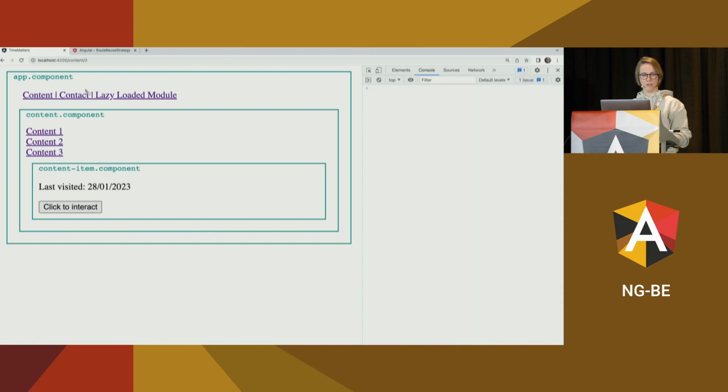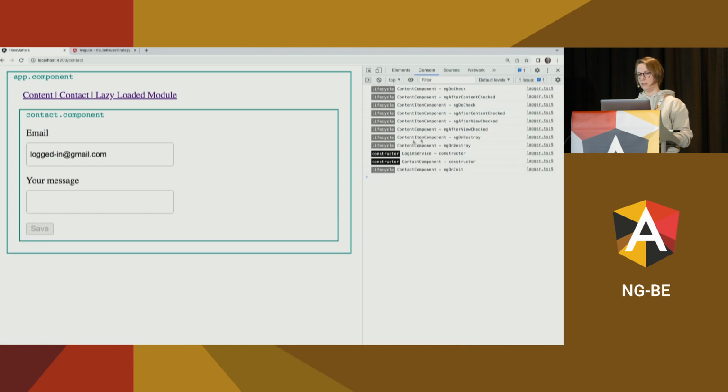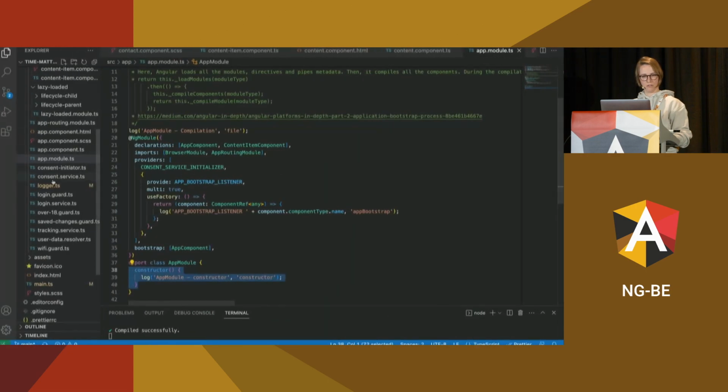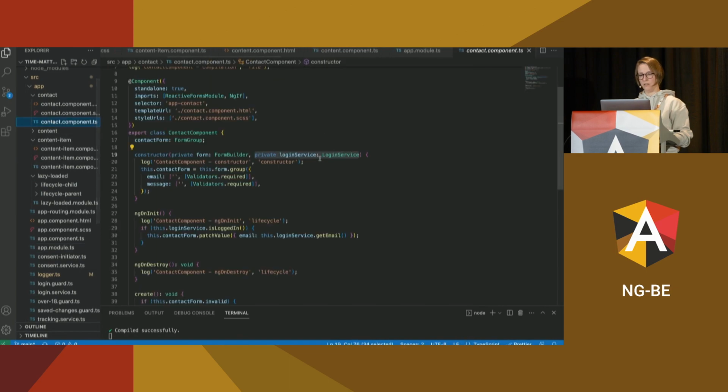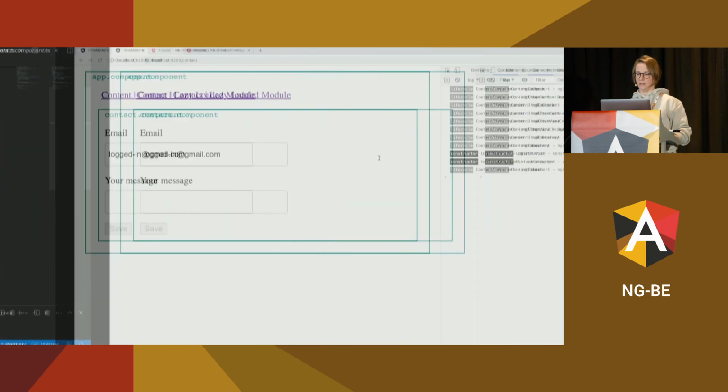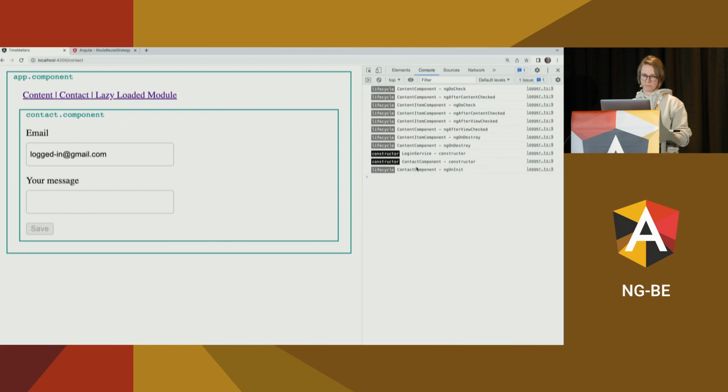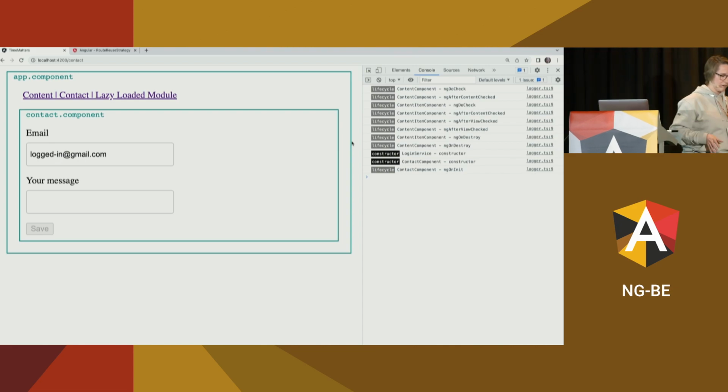If I navigate to the contact component, we see the logging service, because if we switch to the component implementation, I injected the logging service in my constructor. So this is what Angular injector does under the hood. It instantiates my dependency first, and only then my contact component. This is just to bear in mind that the services are usually instantiated when they are requested, when they're needed, and this is actually a good thing. Later on, we will have a look what to do if we would like our services to be instantiated at the very beginning. But before, let's have a look where we're standing now.